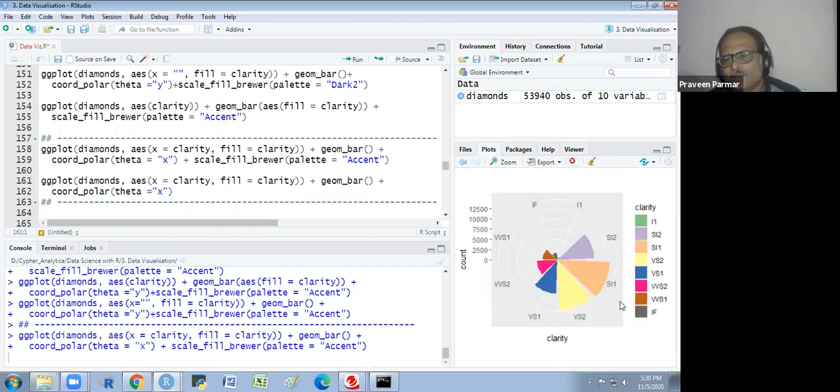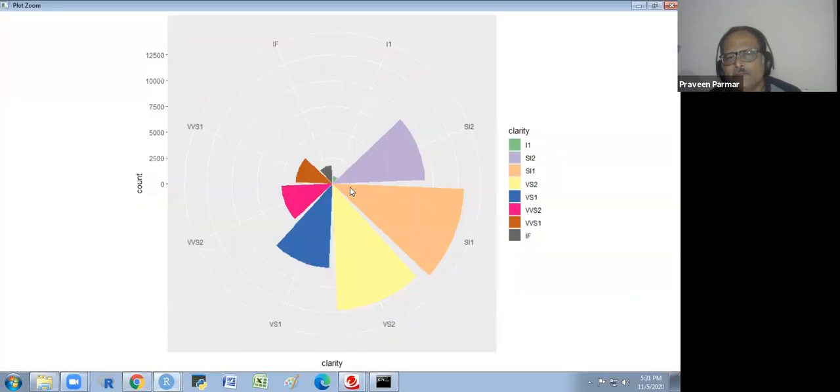So you see, I will get some different sort of figure. Here you see, because I have not taken the Y there, the angle of the sector is the same. The radius are different. Got it? Because I have taken the X, the radius is different. As per the radius, we could understand. This is also a way to see it: this is the SI1 and this is our I1. This is our IF. And in this way, we could see it. Okay.